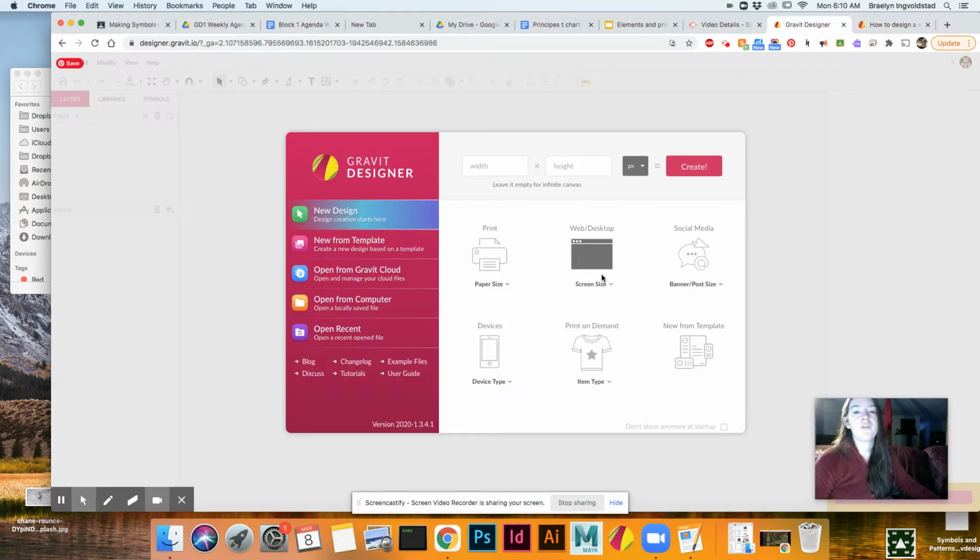All right, so let's do the demo. You're going to make one and turn it in just to show me that you can do it. And then for the rest of the week, you're going to be making seamless patterns with the symbols that we made in the past. So right now, you're going to come up here to Gravit Designer, and we're going to make a 400 by 400